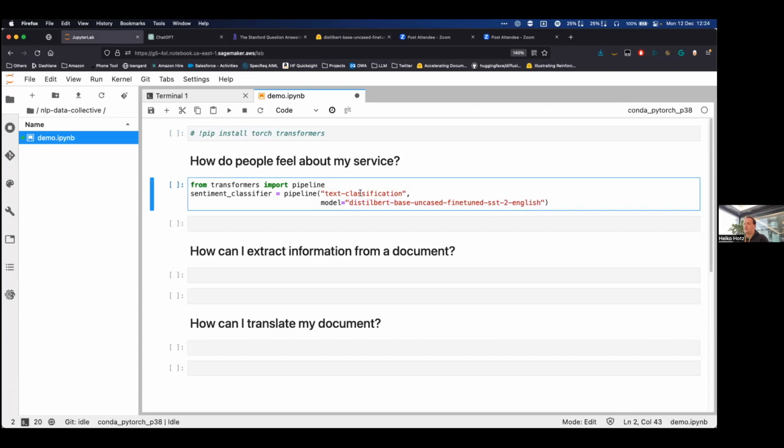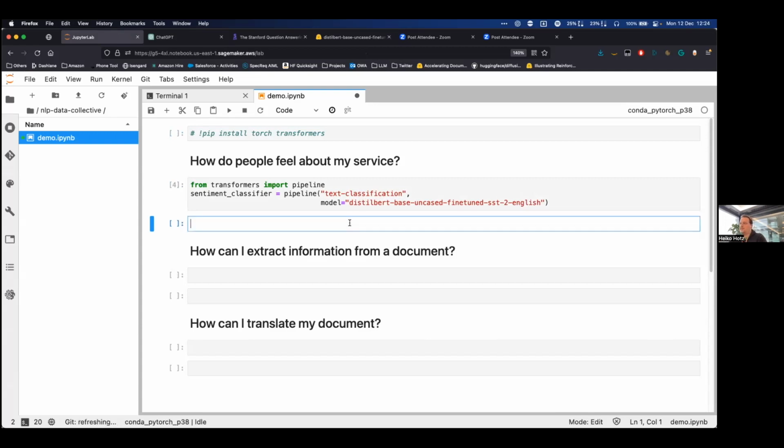Now, if I execute this cell, it needs to download the model. Usually takes a few seconds. I've downloaded it beforehand in order to speed things up, but that's all there is. We now have a model at our fingertips, which we can use to classify customer reviews or text